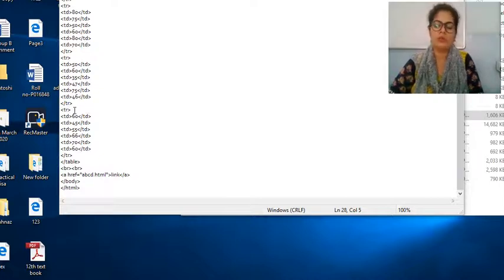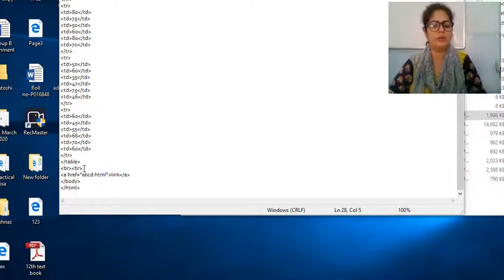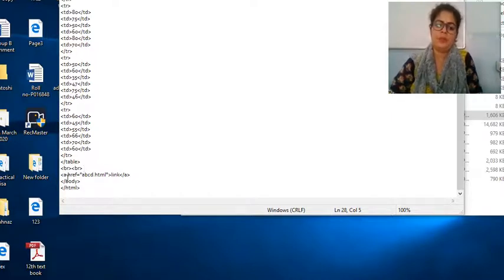Now for the last row, again you have to use the TR tag, TD tags, and TR tag close, and then table tag close. After the table tag you can use a break if you want; if you don't want to, there is no problem. Then after the table tag, we have used the href tag, the anchor tag. Why do we use the anchor tag? We use the anchor tag whenever we have to display a link or some hypertext.